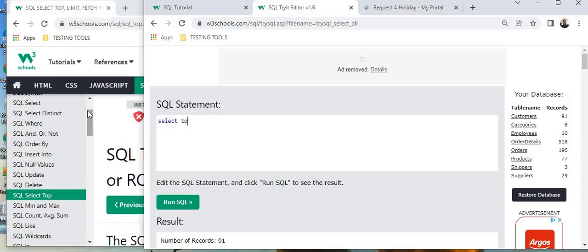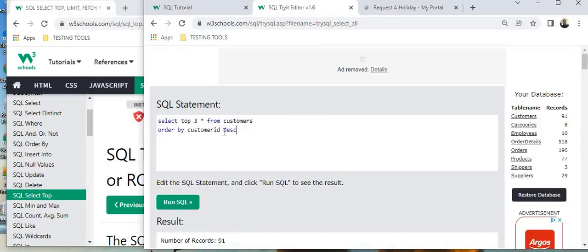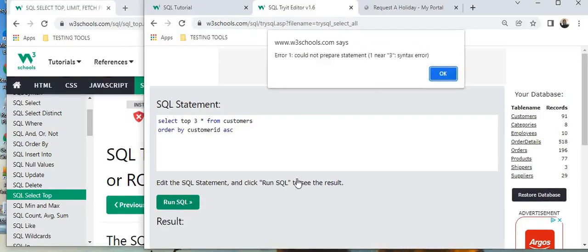Okay, select top 3 star from customers. Then you can do order by customer ID descending. So select the top 3 entries in customers and then give them to me in descending order. So 3, 2, 1. Or we could do ascending, so 1, 2, 3. But like I said, this doesn't work on this practice,